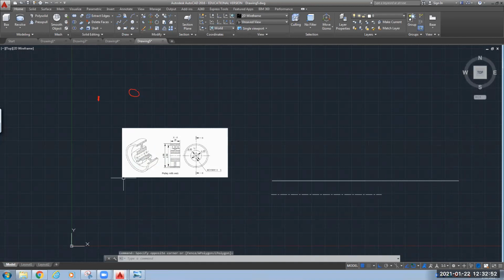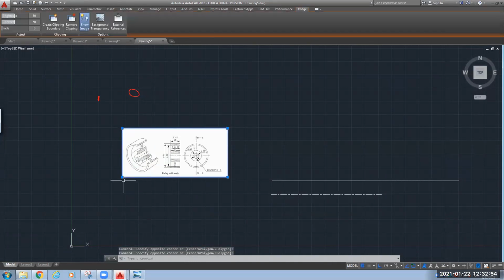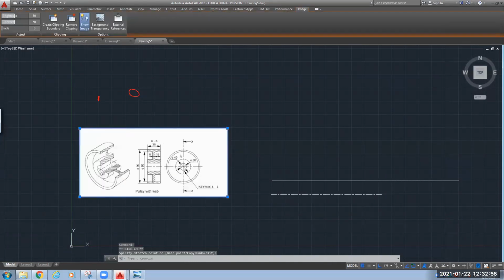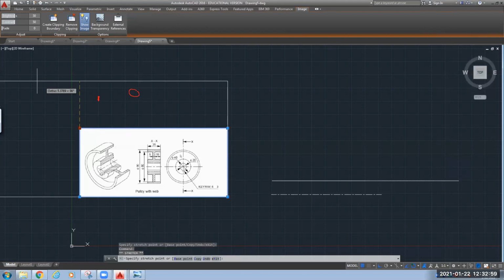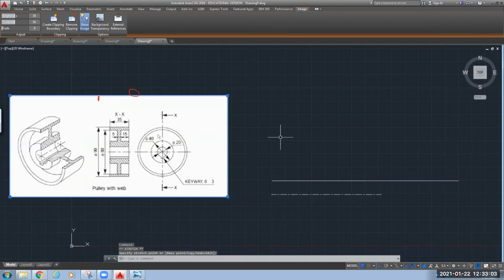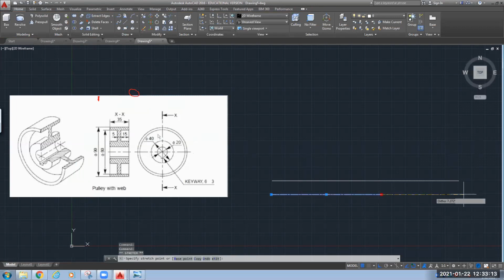We will increase its size for better visibility. Okay, so now it is visible. So this is your axis line and this is the base of your pulley.